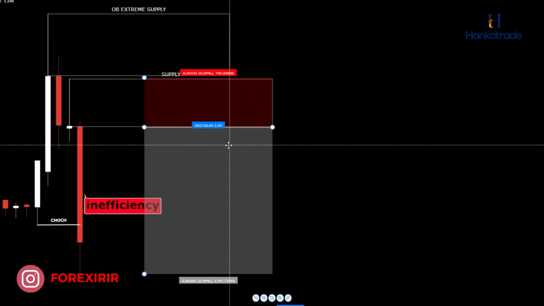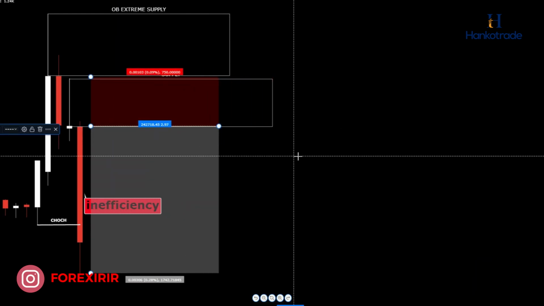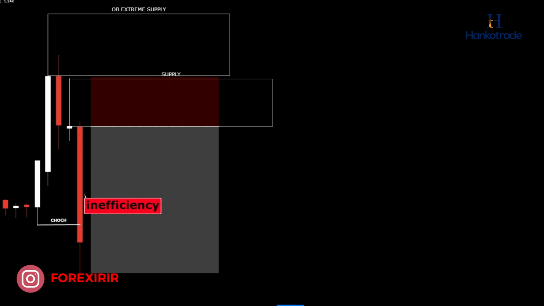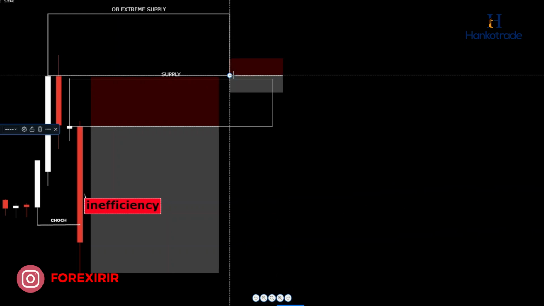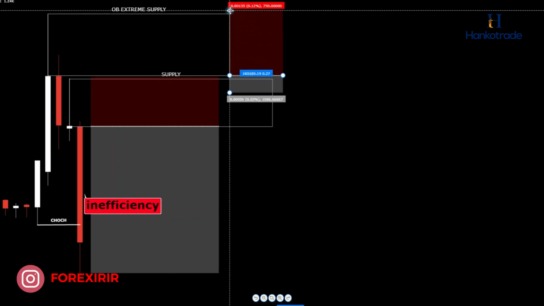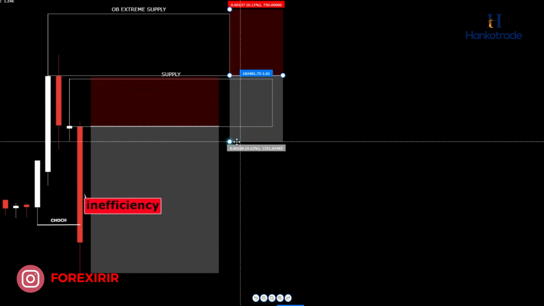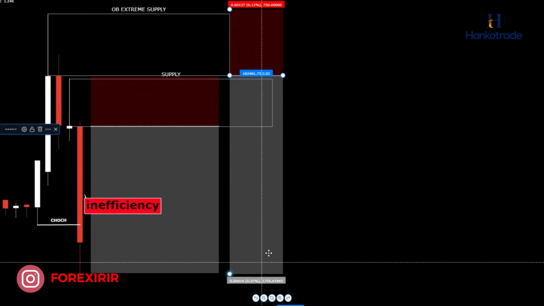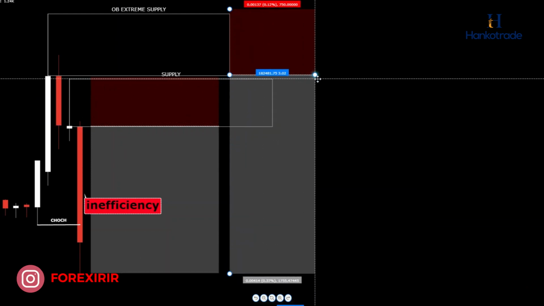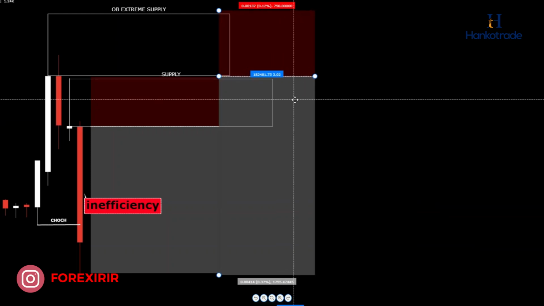This involves placing sell limit orders at the lowest points of both order blocks to ensure risk management. The stop loss is set a few pips above the highest point of the order blocks. As for the take profit targets, they are set at this recent swing low, anticipating that the price will move in that direction. With the sell limit orders placed, we observe how the market reacts and whether our trade setups